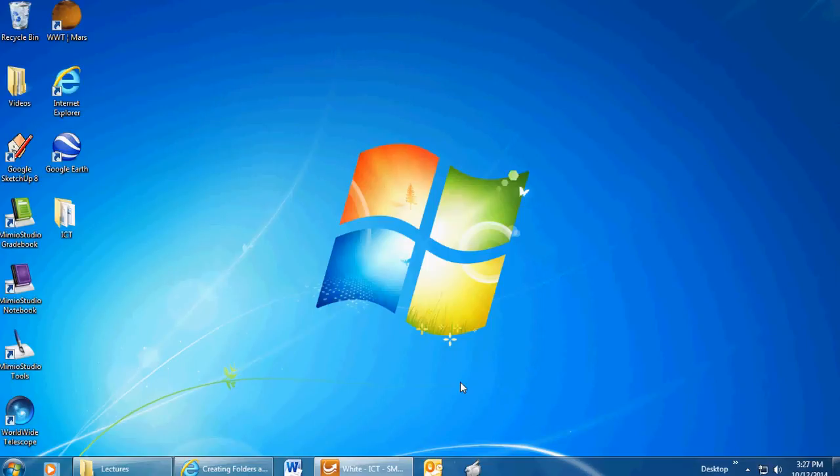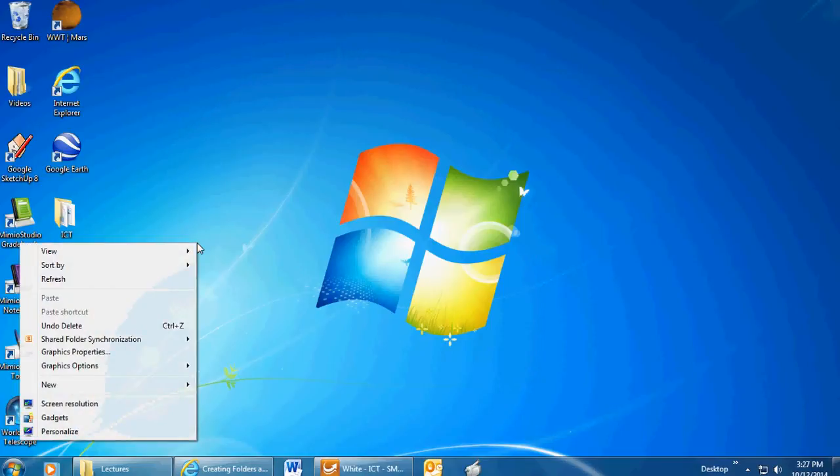Now you are going to create a new folder on your desktop, but before we can do that, you need to minimize out of Internet Explorer. So click the little dash in the top right hand corner of Internet Explorer, which is a web browser. Then you are going to move to your desktop and you are going to right click anywhere on the blank